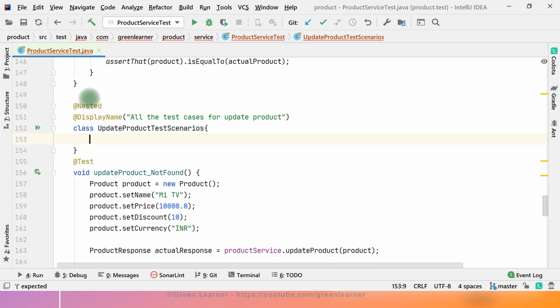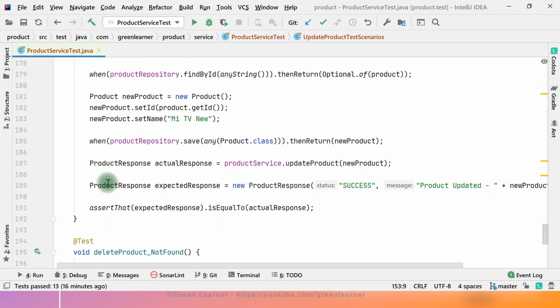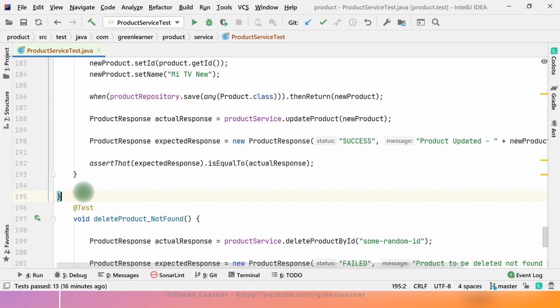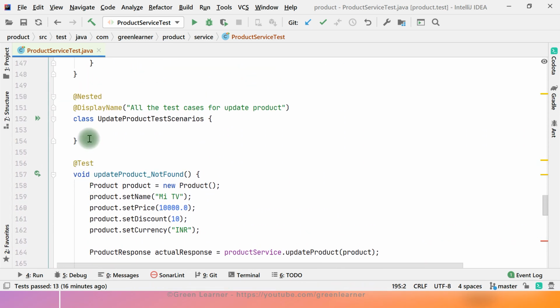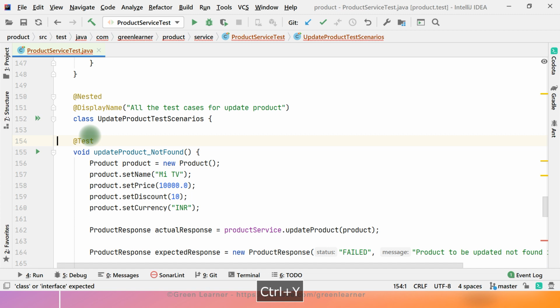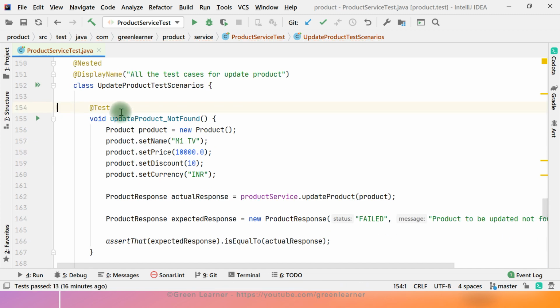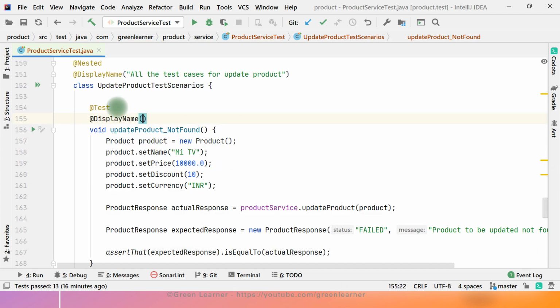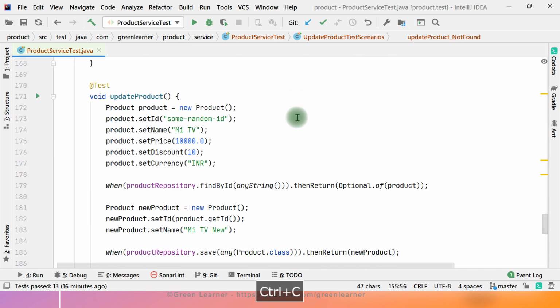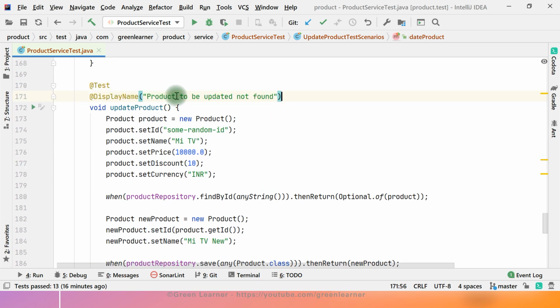So this is for update product, and just remove this one, format it a bit and put a display name here again: product to be updated not found, and next display name is product updated happy path.